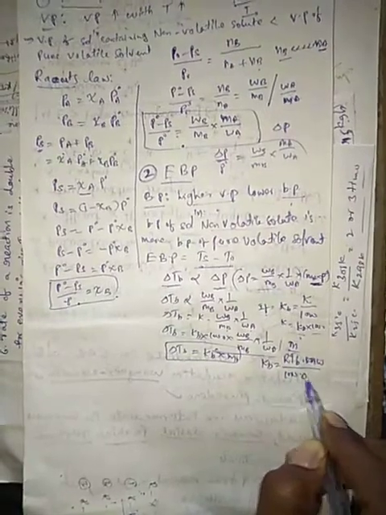These formulas are very important for the calculation. We can substitute the values for the calculation of elevation of boiling point. Also, we can write KB with one more formula for its determination, the standard value: KB is equal to R TB squared into molecular weight by 1000 into enthalpy of vaporization.